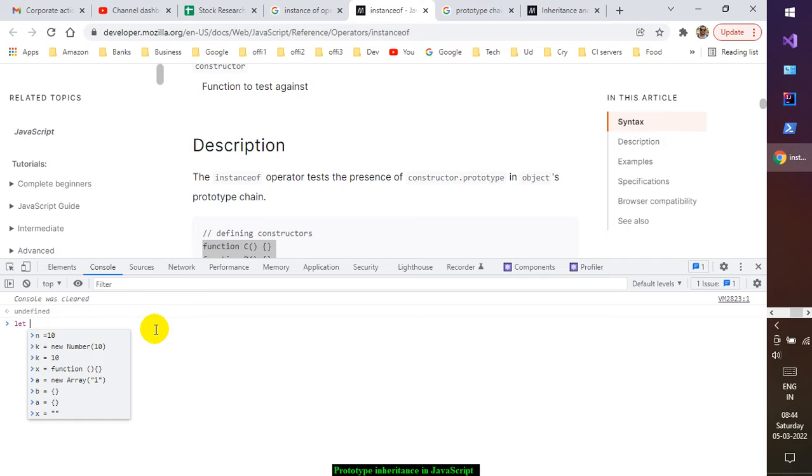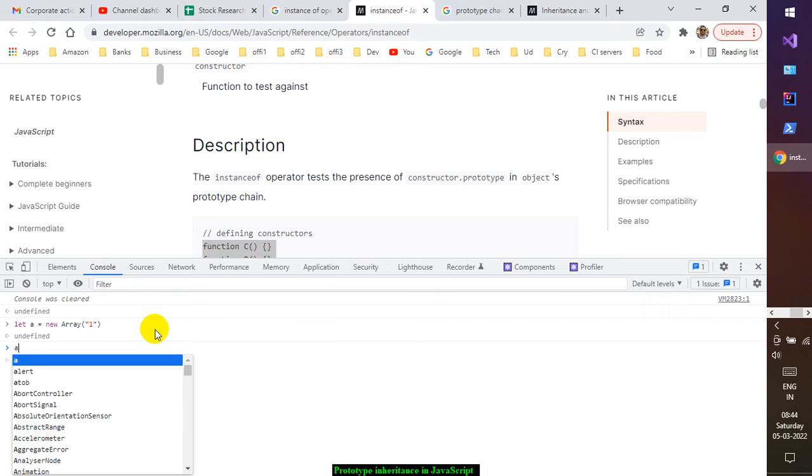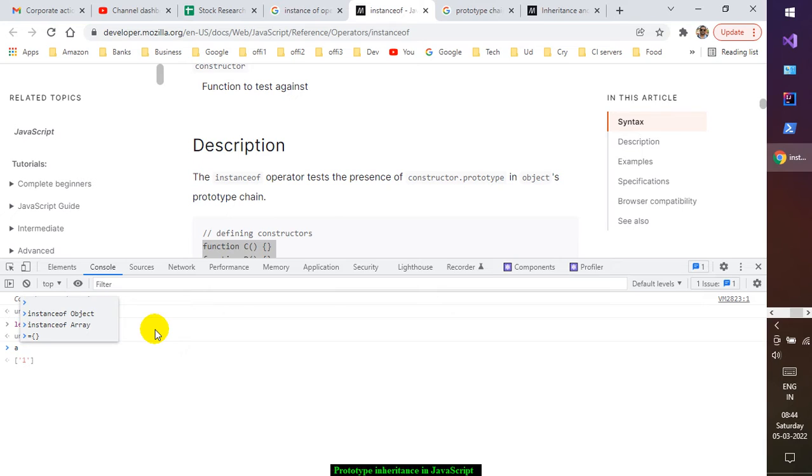Let a is equal to new Array, and I'm going to put one number in that. Okay, so we have got an array. Now a is an object that we have created using the new operator. Every object in JavaScript has got a hidden property. So if I print a and expand it,